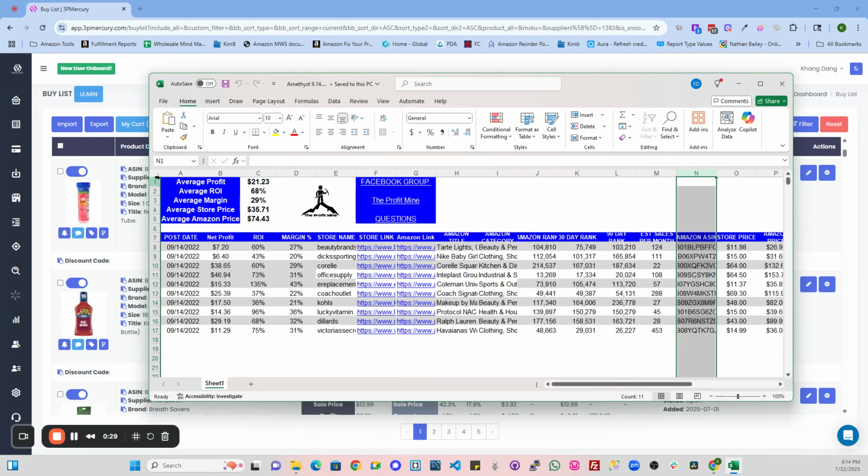The top couple of rows are kind of header rows that give you a summary of what they are, but really, the first data point doesn't even start until row 8. And on top of that, each column is arranged a little bit differently. So 3P Mercury allows you to load these leads quite easily by